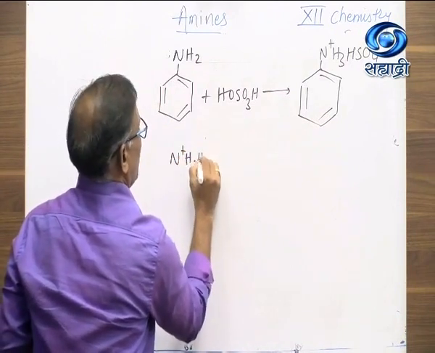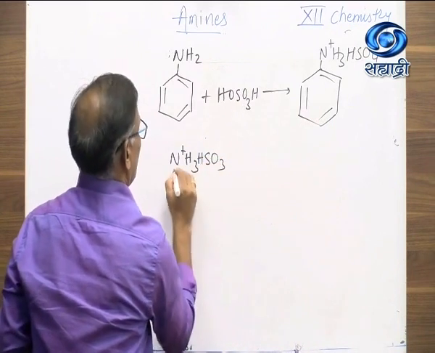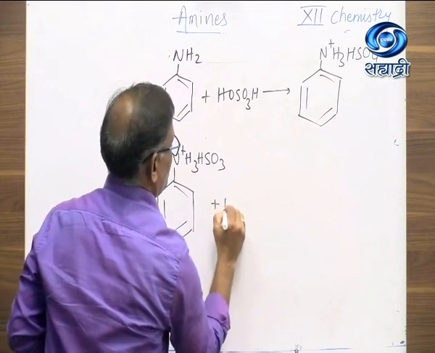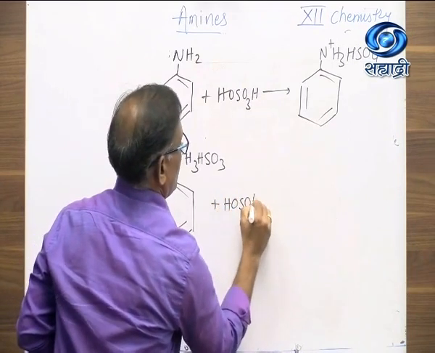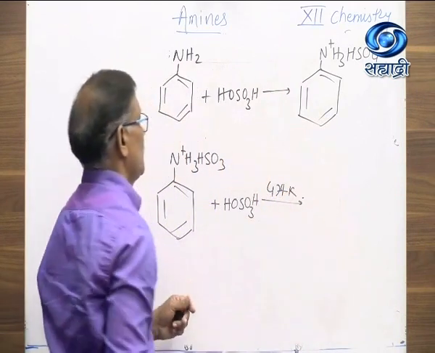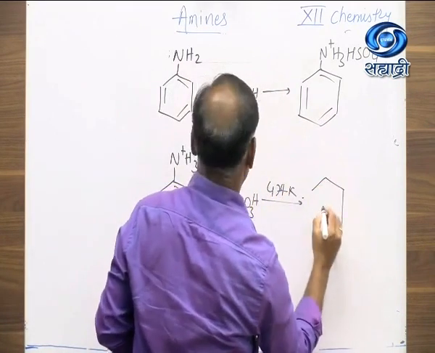And this anilinium hydrogen sulfate on treatment with concentrated H2SO4, HOSO3H, at 474 Kelvin temperature forms